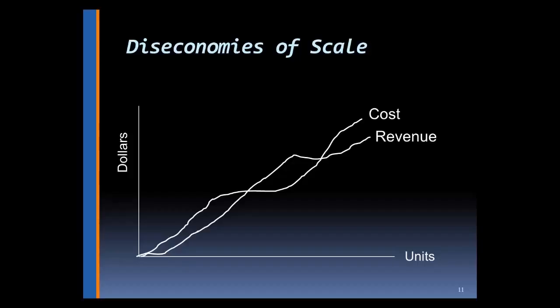You'll notice that we have a pocket in the lower left-hand side. In that long, elongated pocket, we're in a loss position because the cost line is above the revenue line. All of a sudden, we drop into a profitable pocket where the cost line drops below the revenue line. So in that area, we are in a profitable position. And then, all of a sudden, the cost line exceeds the revenue line.